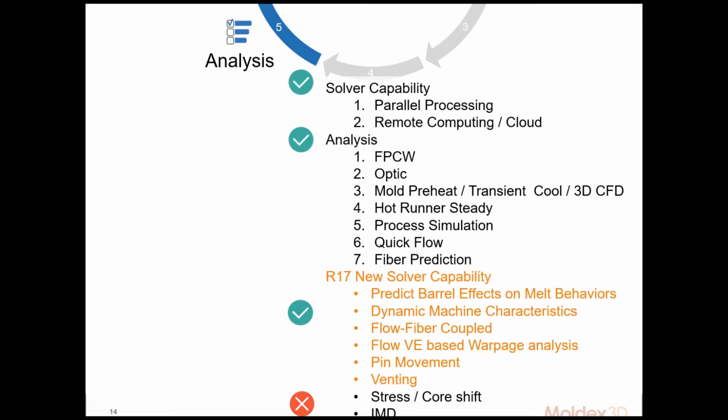So it's a nice new feature, especially on maybe larger parts that have multiple gates, trying to see how the flow of all those gates is going to interact with each other. And then in R17, we also have some new capabilities that are listed here. Some predictions as far as barrel effects on melt behavior, dynamic machine characteristics, some flow fiber and flow VE